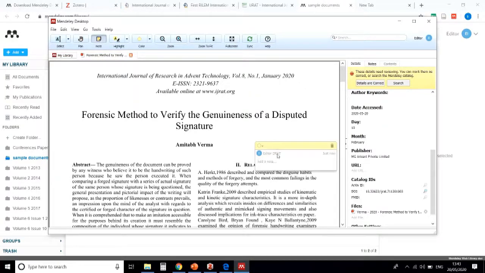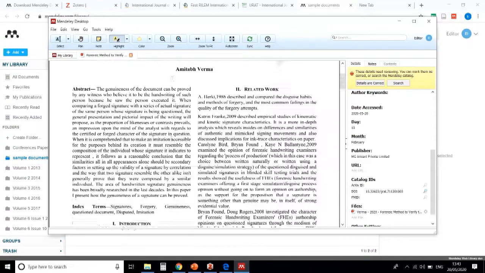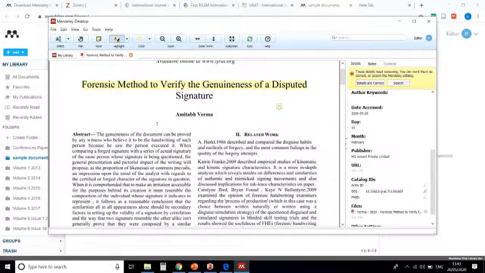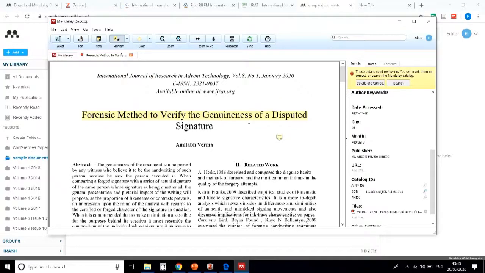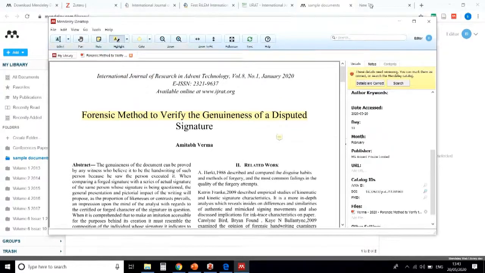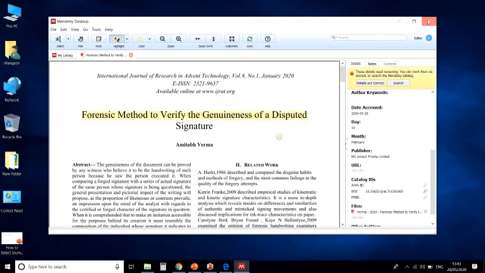If you want to add a reference or give some notes on this, you can highlight the text that may be important for your literature review. So in this way you can manage your references in Mendeley as well. So I hope both these tools will be helpful in your research.